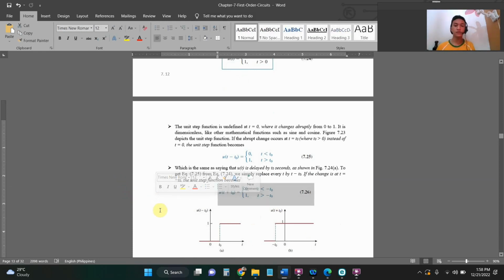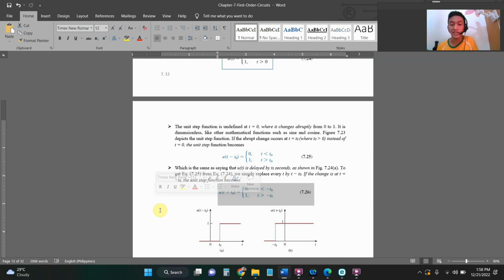So the unit step function is defined as changing abruptly from 0 to 1 at t equals 0. It is dimensionless, like other mathematical functions such as sine and cosine. As you can see, figure 7.23 depicts the unit step function. If the abrupt change occurs at t equals t sub o, where t sub o is greater